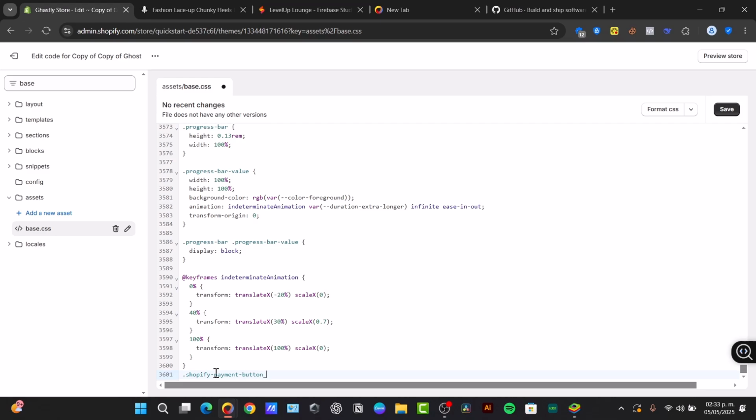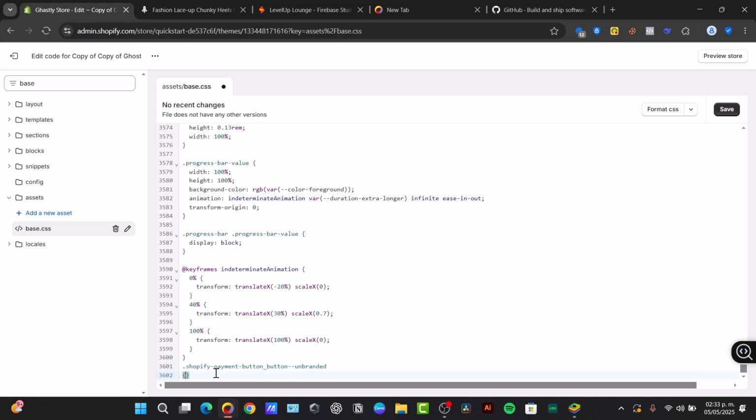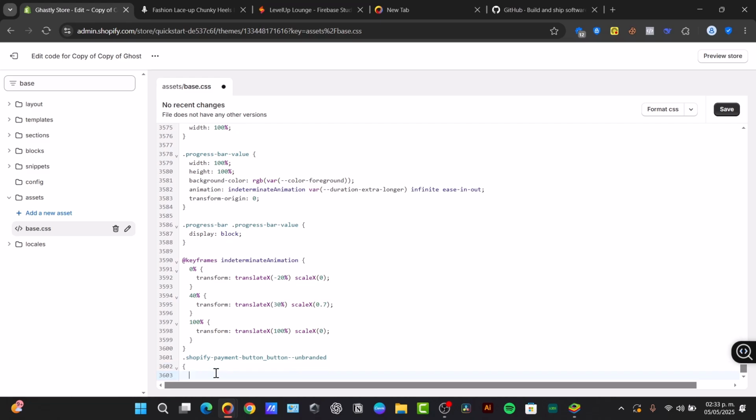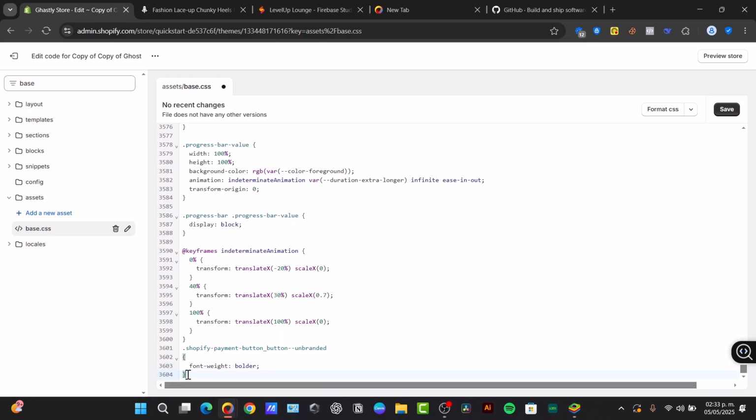underscore button once again, double underscore, unbranded, and then I press enter, and then I have this code. I open it, and down here I have font-weight: bolder. Here it is, bolder, and I close it. And now down here we should have the end of my schema. Now I hit Save,